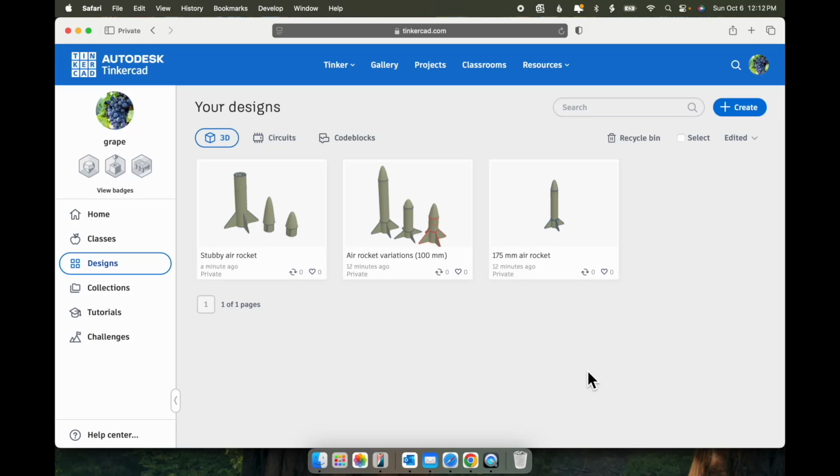Up until this point, we've been using pre-made rocket designs. Now let's create our own rocket from scratch. The critical dimensions for the rocket are listed below this video, and you can also find a reference design on